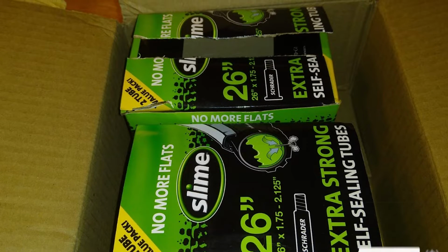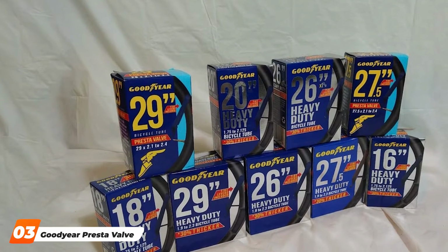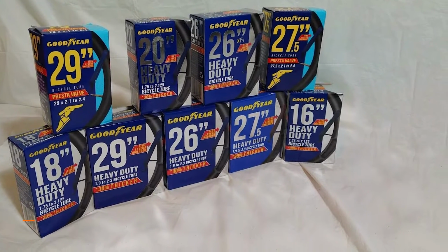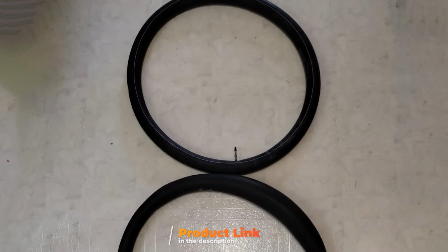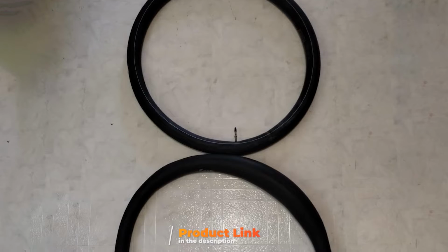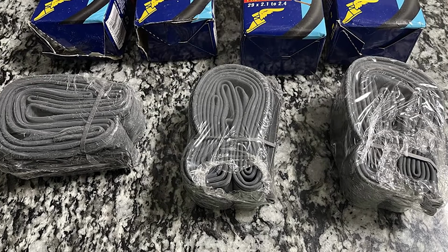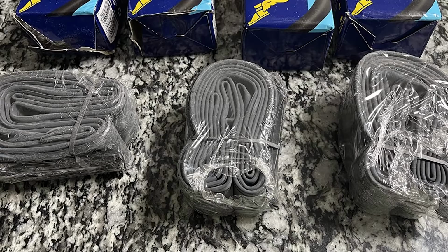is a top-tier choice. The number 3 position is held by Goodyear Presta valve tubes, setting a new standard in cycling excellence. These tubes combine a sleek design with top-notch quality to deliver an exceptional riding experience. The Presta valve design is a standout feature, offering improved airflow and compatibility with high-pressure tires commonly found on road bikes. Usability meets sophistication with the Goodyear Presta valve tube, as the valve's slender profile caters to riders seeking enhanced